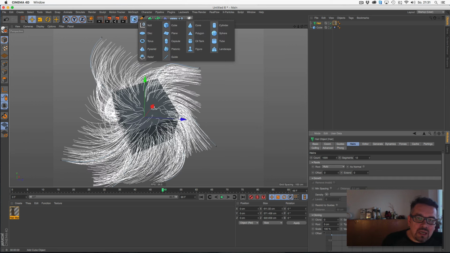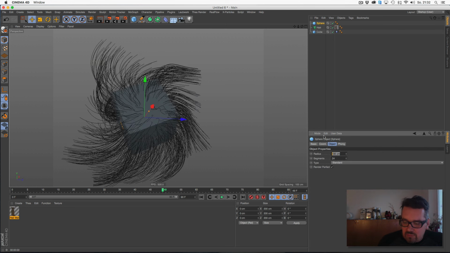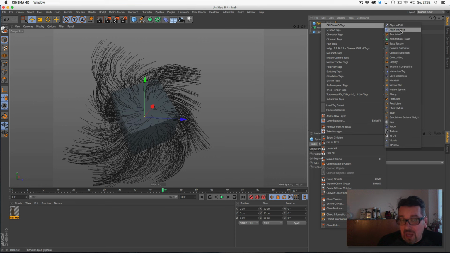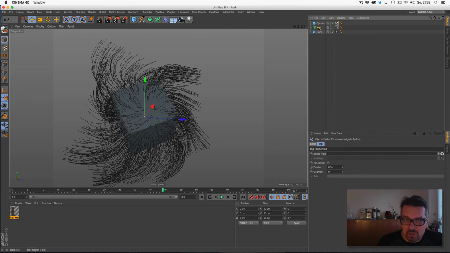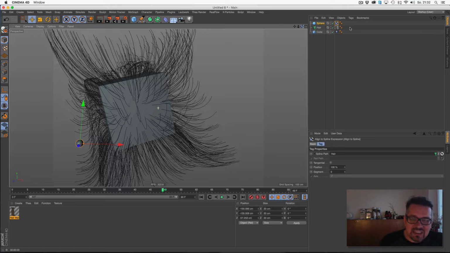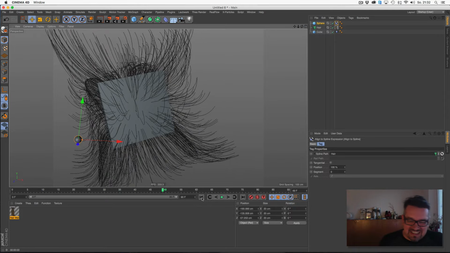Means when I, why not, make a sphere and set it on a line to spline. I'm not sure what happened now. Anything should happen. And you see the sphere now is attached to one of the hairs. This is funny.